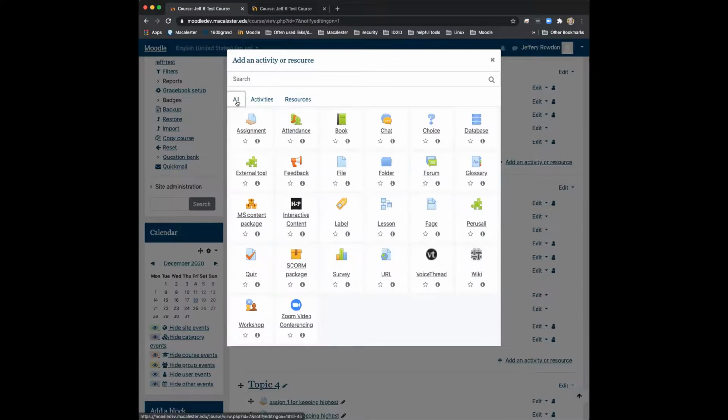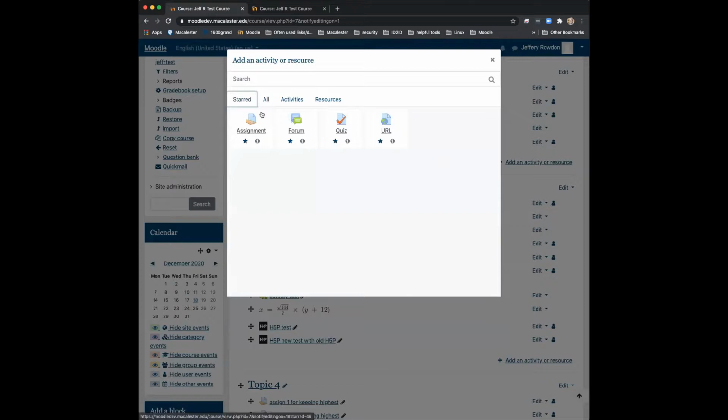One of the other nice things you can do when you're looking at all of these is click on the star for each of the activities that you use a lot as a way to favorite them. So let's say I use assignments a lot. I have a lot of forums that I have students post to. I link out to lots of external resources and I give quizzes. When I star some of these items, I now see a starred tab. And when I click on that, I see the set of my favorite activities and resources that I use. And again, I could just simply click on the name of that activity or resource to add it to my